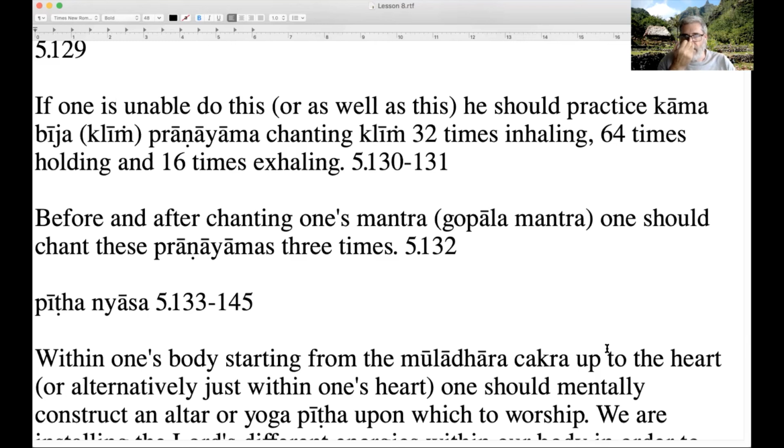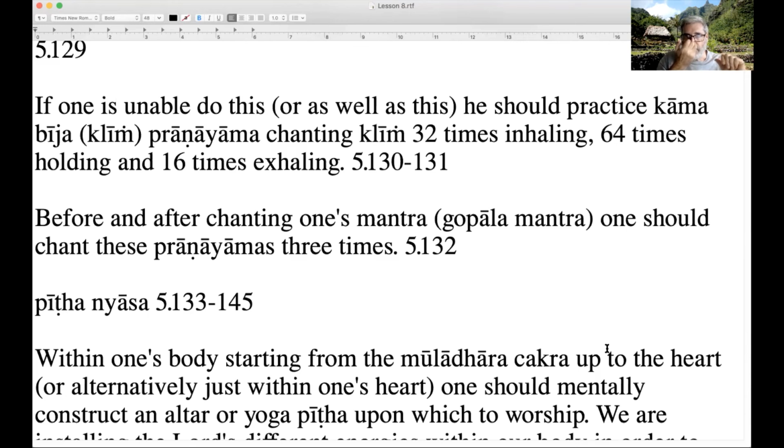And while we breathe out, we're going to do 16 klims, right? So once again, counting can be done with 4 klims per finger. So if we say klim, klim, klim, klim, and put 1 finger down, 2 fingers down, 3 fingers down, 4 fingers down, every time we say 4 klims, then we get 16. We put all 4 fingers down, right?